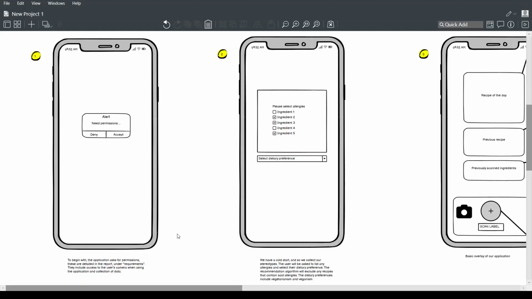So this is our very basic prototype of our application. In the user scenario, say the user installs the application for the very first time, they'd be greeted by something like this, where the application asks for permissions it needs to run, which are detailed under the requirements section. These include access to the user's camera when they're using the phone, the application, as well as some collection of